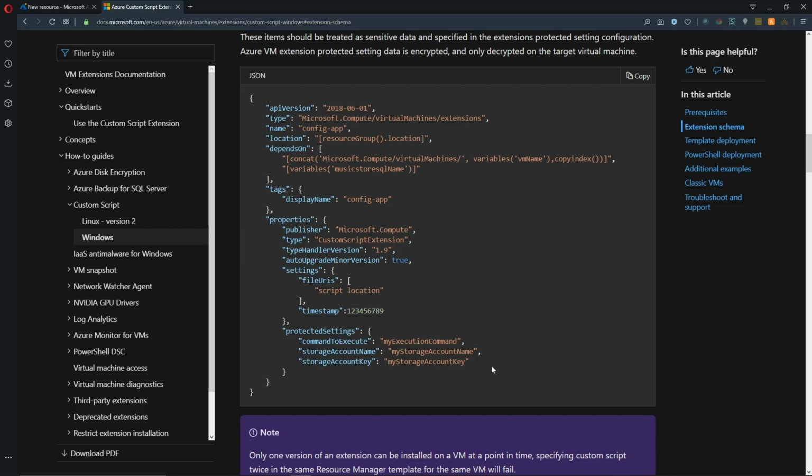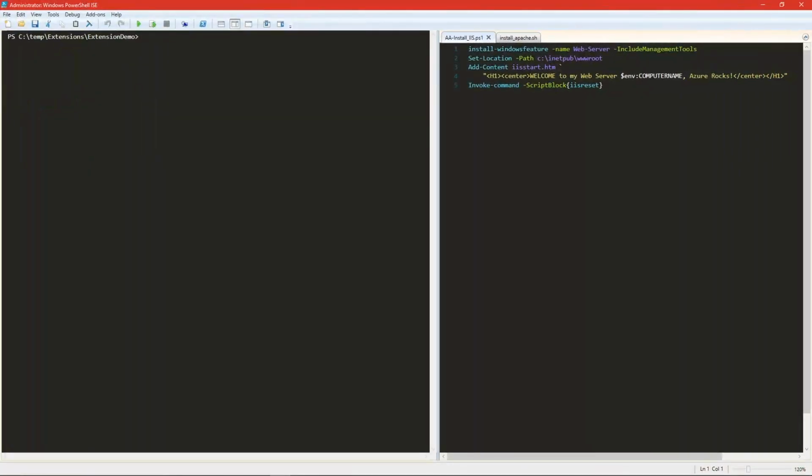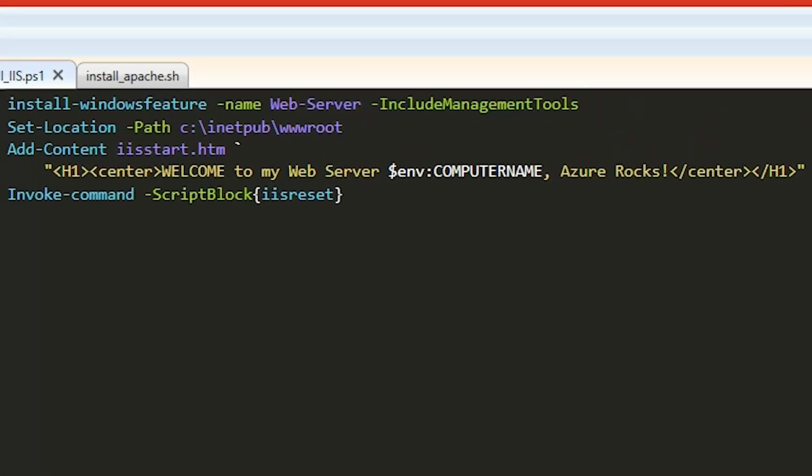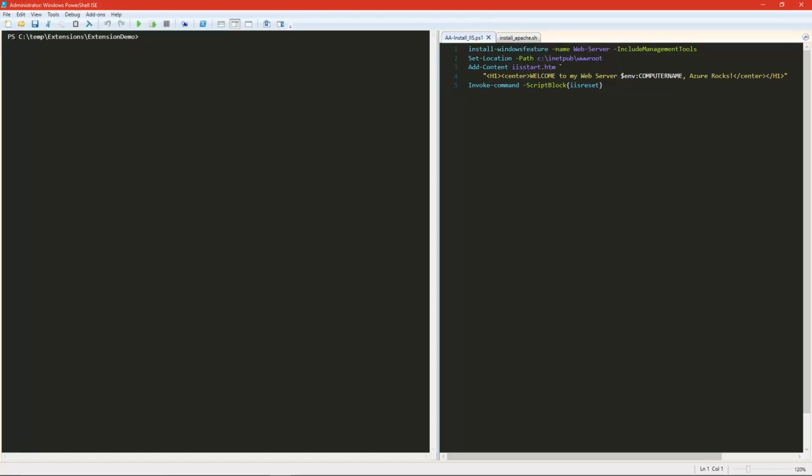So let's take a look at the PowerShell script that we're going to run. And in our PowerShell ISE, I have a little bit of code, and this is going to install a web server role inside a VM. And then in there, we're going to open the default file, which is the iisstart.htm. We're going to add some content, and that content is going to say, welcome to my web server. We're going to insert the name of the web server, whatever that may be, and we'll add onto the end of that Azure Rocks. So this is a little PowerShell, and we're going to add this to our VM as